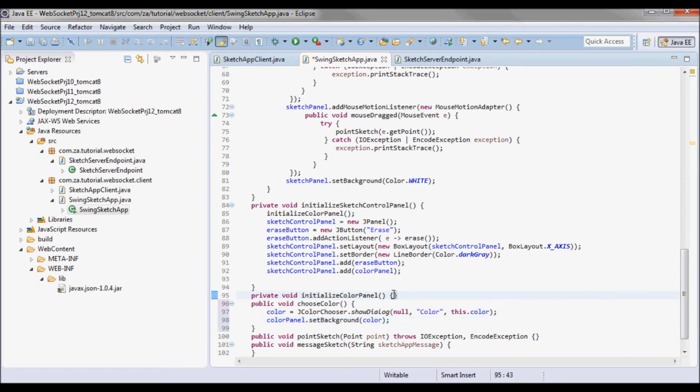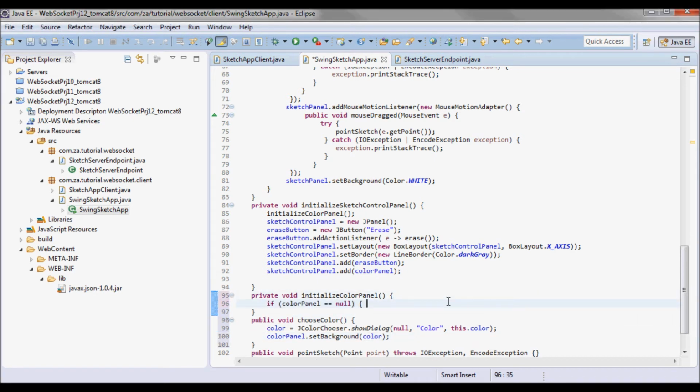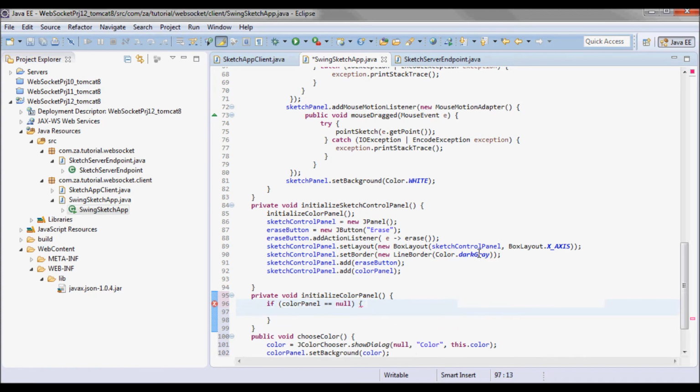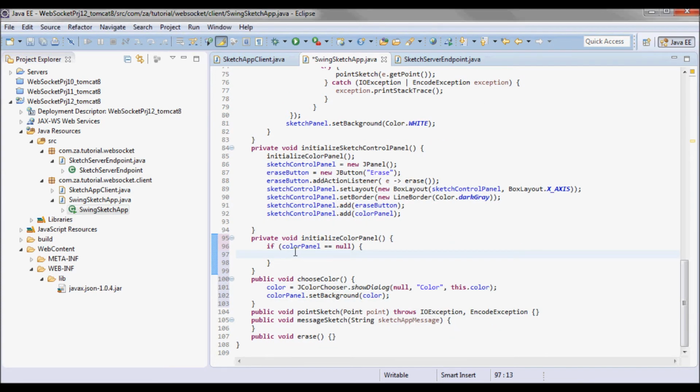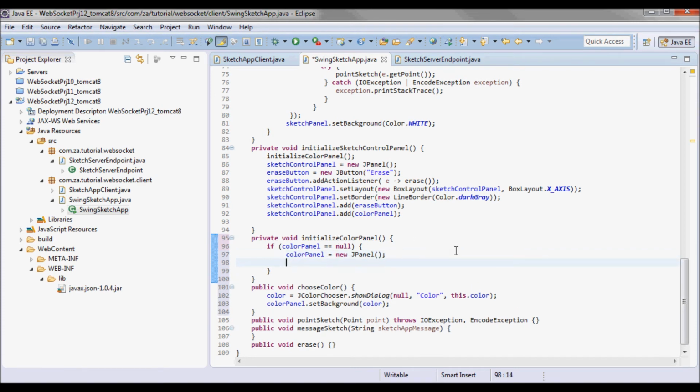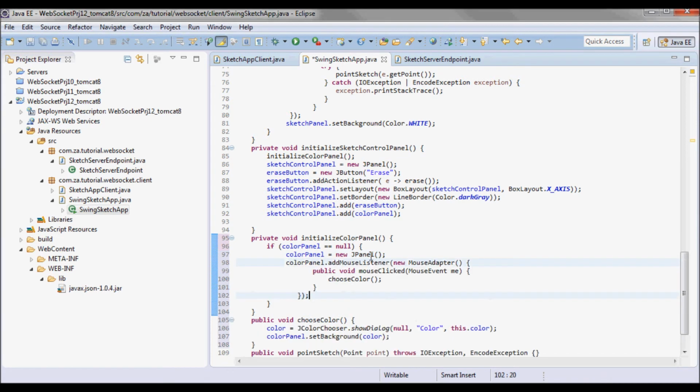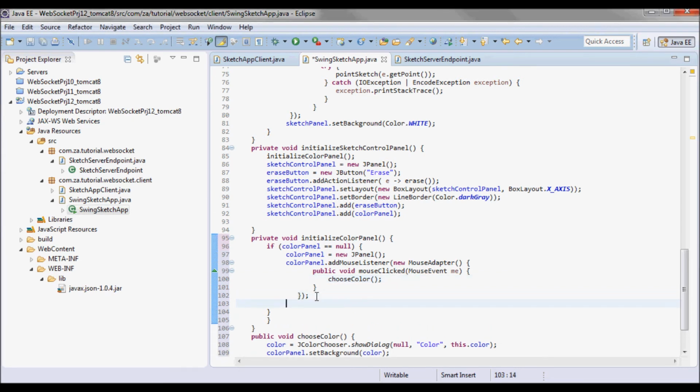Now in initialize color panel, I'll check if it's null first, and if it is, I'll go ahead and instantiate a JPanel as the color panel, and when the mouse is clicked, I'll be calling chooseColor, and finally I'll do color is new Color, Color.black.getRGB, and the colorPanel.setBackground.